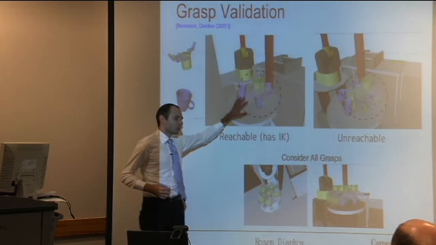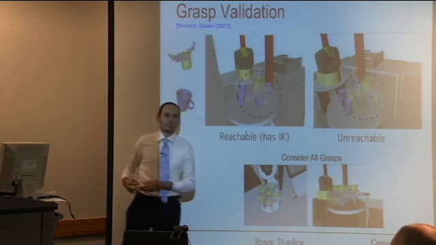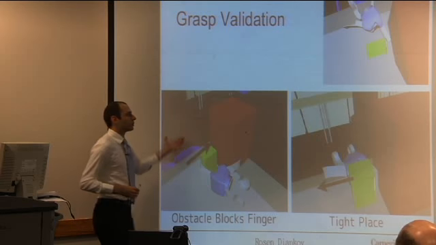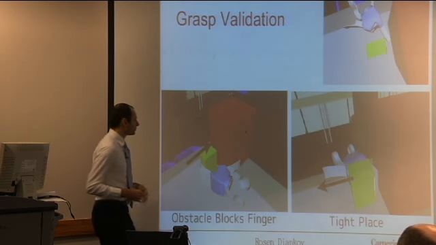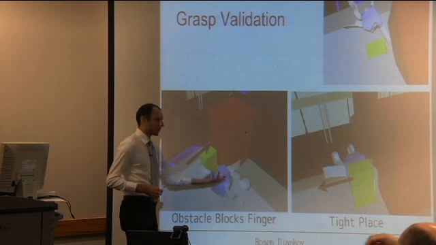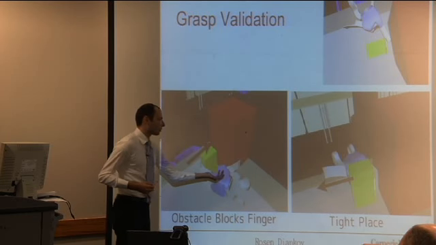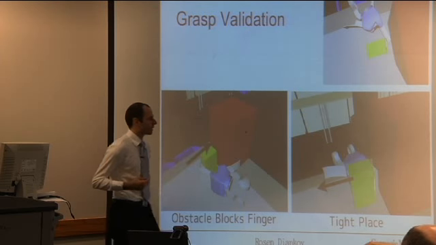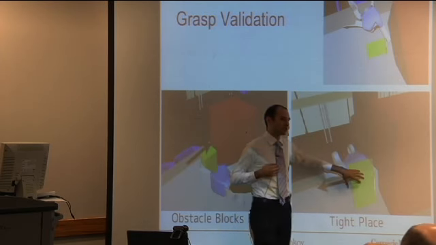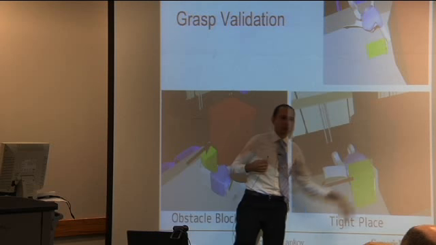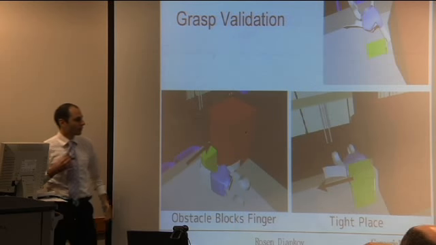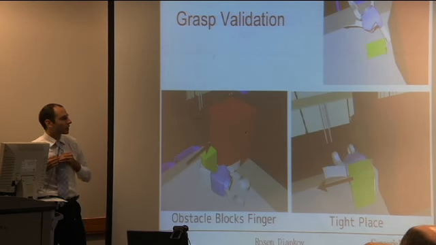But furthermore, with this type of formulation, we can consider all grasps of all objects at once, which makes planning really robust. We also discuss another validation method where, as you can see, sometimes, even though this grasp is collision-free and could probably be hit by the IK of the robot, when you close the thumb here, it will collide with the object. There's also another condition here which we want to remove, where the grasp is so close to this object that there's no way that the gripper can actually move there realistically because of